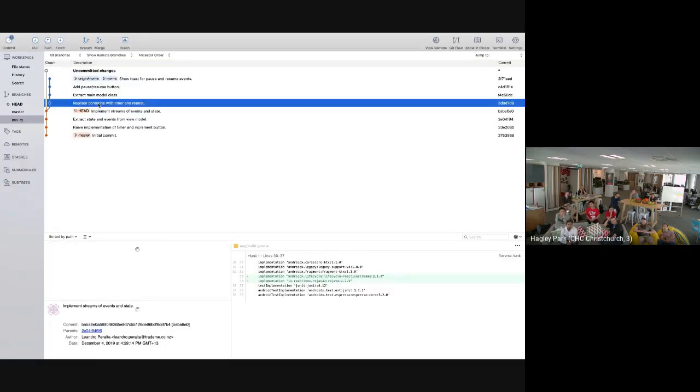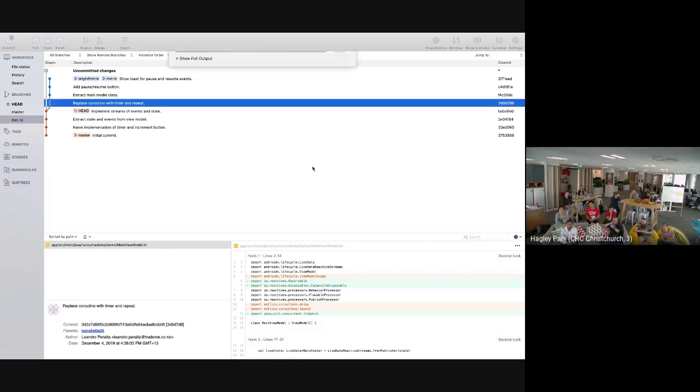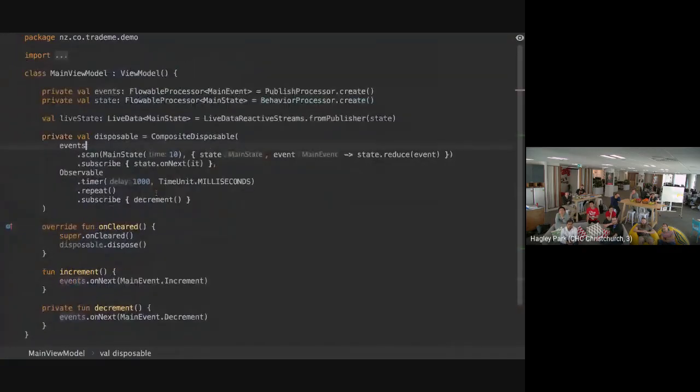Let's get to the next step. In the next step, what I did is a very simple thing. In the beginning, we had a coroutine that had an infinite loop that didn't look great. And if we're using coroutines, some would argue, why do you use RxJava and coroutines? Why you may want to choose one. So what I did is, I changed that so we can now have